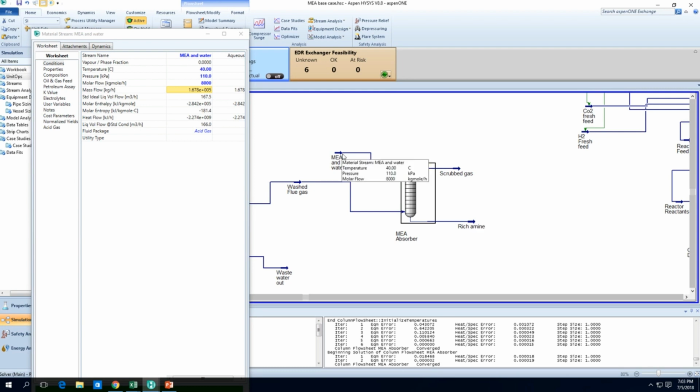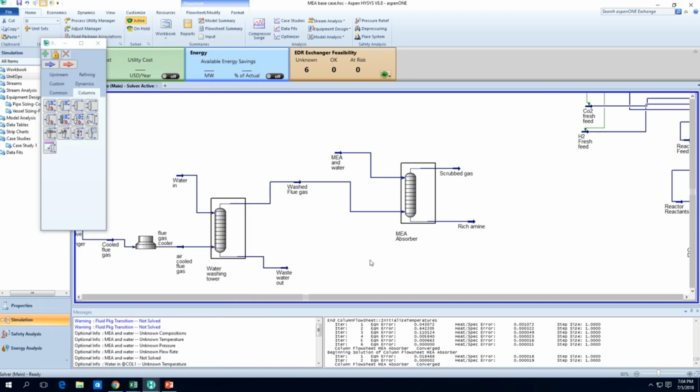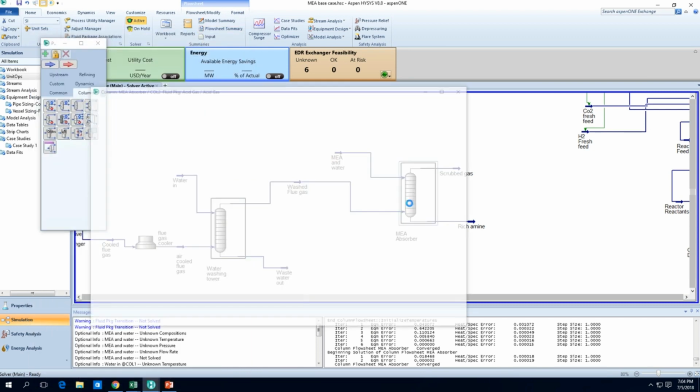Well, the thing is that we can either pressurize this gas and then pass it through yet another absorber, or we can do it in parallel or series. So there are a few ways we can actually use this washed flue gas to be extracted from the amines. Right now I'm just going to try the series configuration